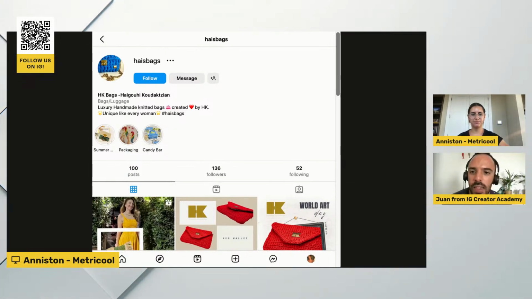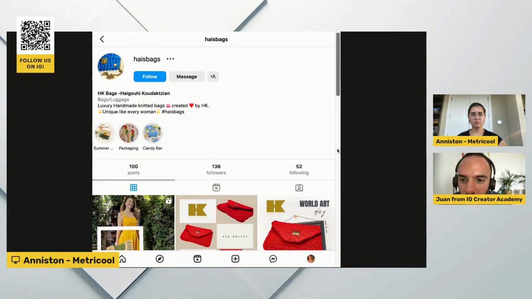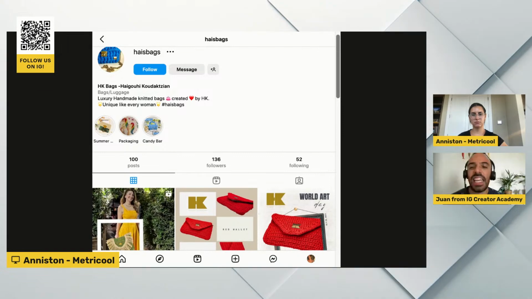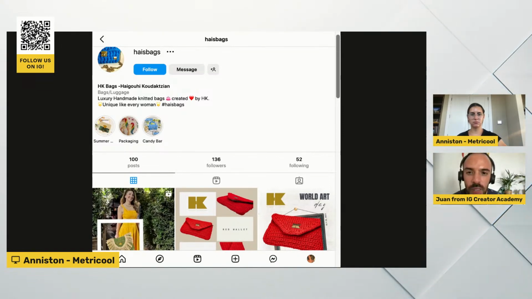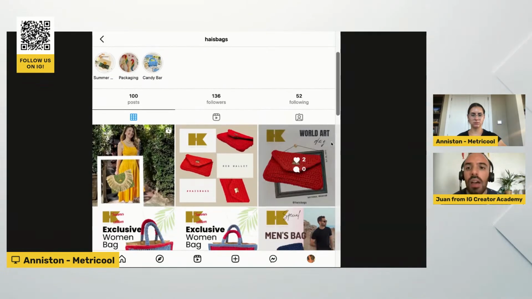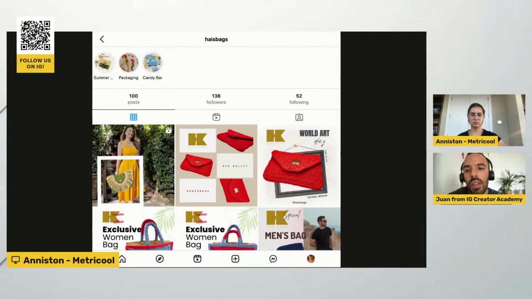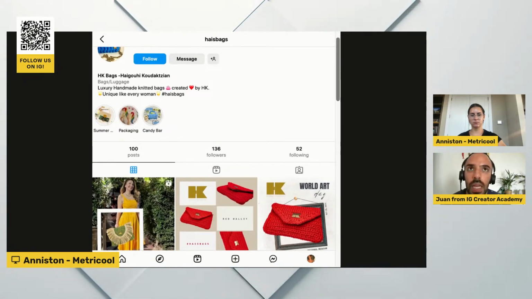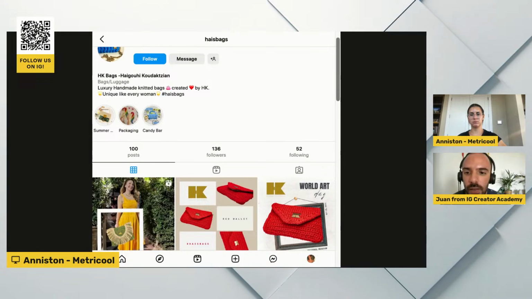And in the name, I'm not sure what Haigohi Kodatskian is, if it's a place or if it's a name. But make sure you add what type of bags you're selling, and if you're in one specific location, add it there as well.